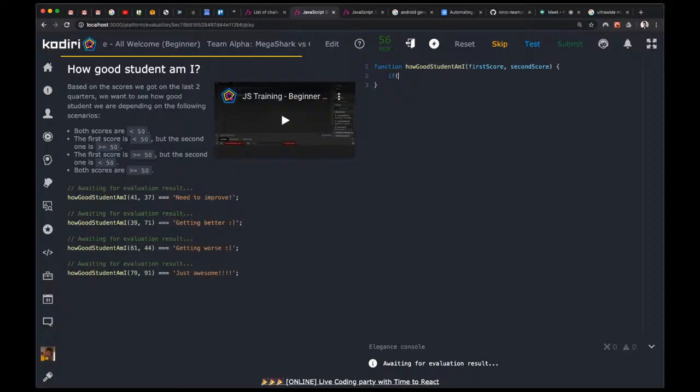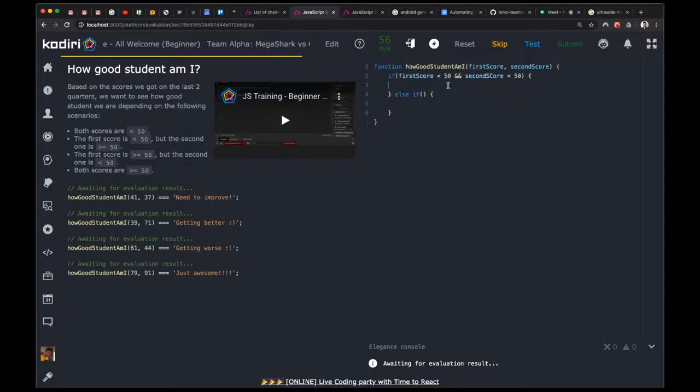So with the classic if-else, I can do if first score is less than 50. And we'll run a workshop about Boolean operators next week. But that's the AND operator. So if these 2 expressions are met, so if first score is less than 50 and second score is also less than 50, then do something. Else, if,